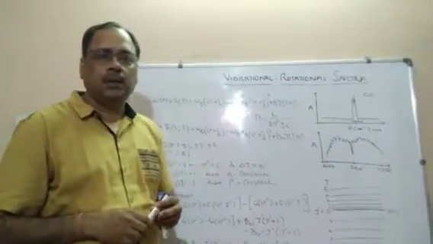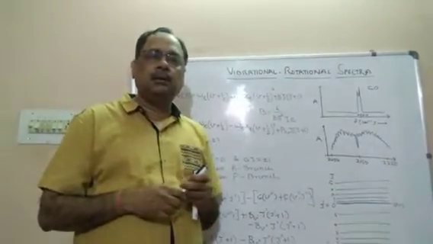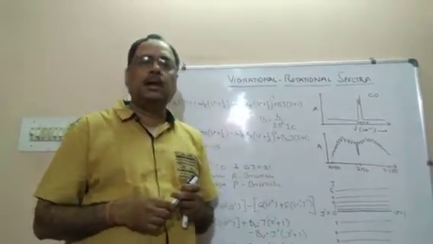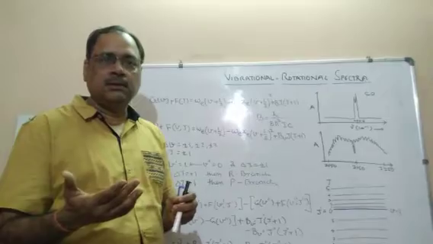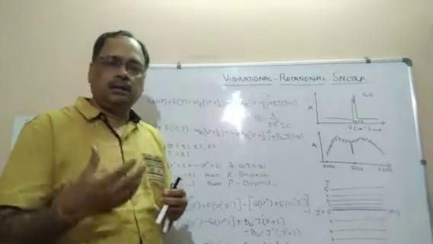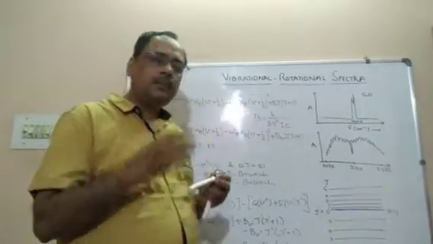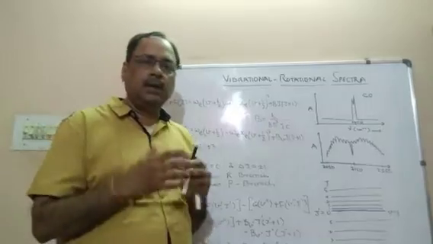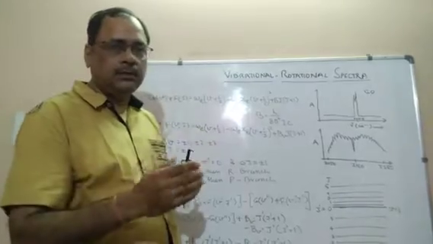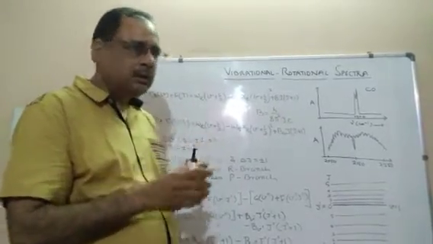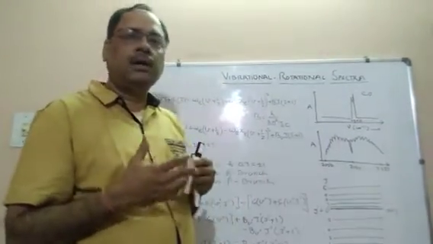So now I will talk about vibrational rotational spectra. As I described in my two previous videos, if we take the harmonic oscillator or the anharmonic approximation, we observe certain types of vibrational spectra. And if we take a high resolution, then in case of anharmonic, we get the fundamental band and overtones. If we take the high resolution, then those fundamental bands or overtones are composed of several other lines.